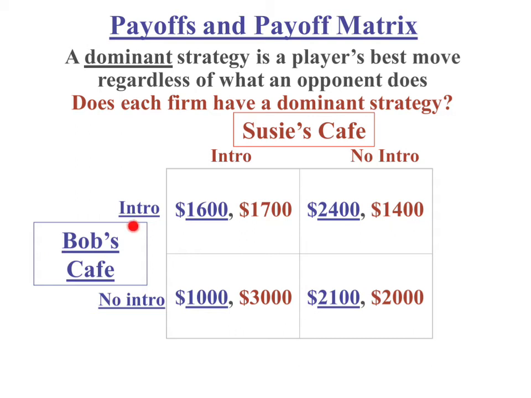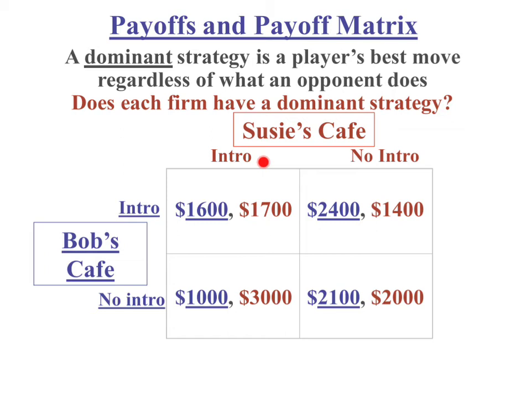They can introduce a new breakfast sandwich this week, come up with something that's a totally new menu item, or they can not introduce a new breakfast sandwich. And they are generally two firms that are across the street from each other, and they are in an oligopoly, okay? Bob can make a choice. He can either intro the sandwich or not intro the sandwich, but he's interested in what Susie might do.